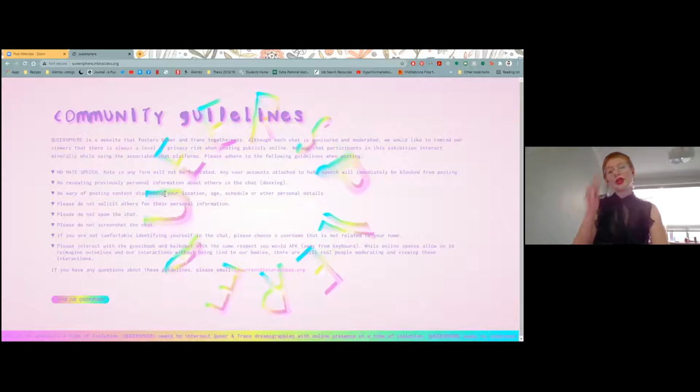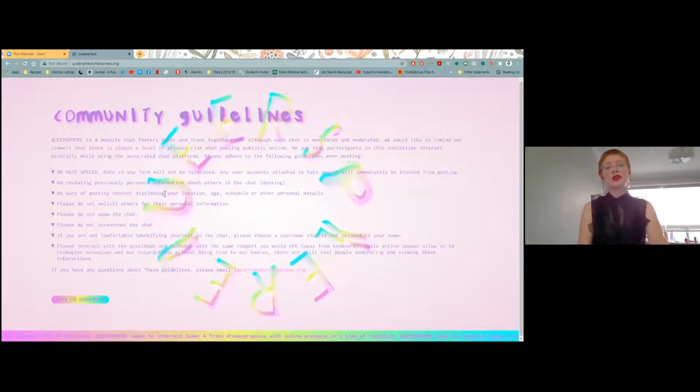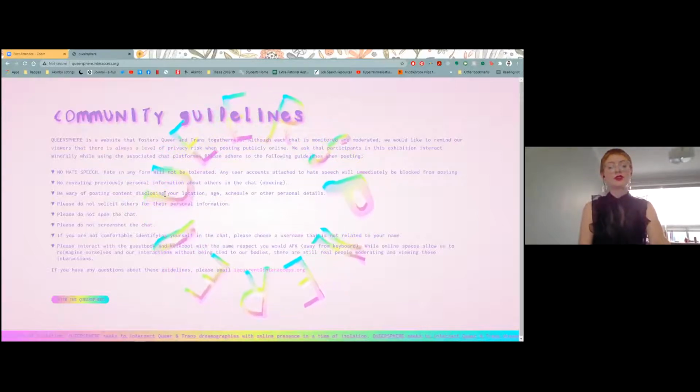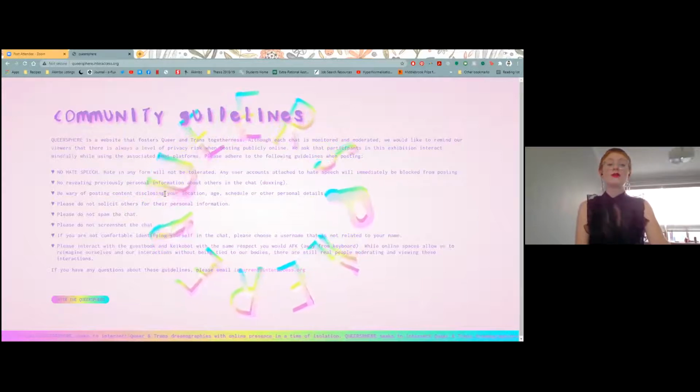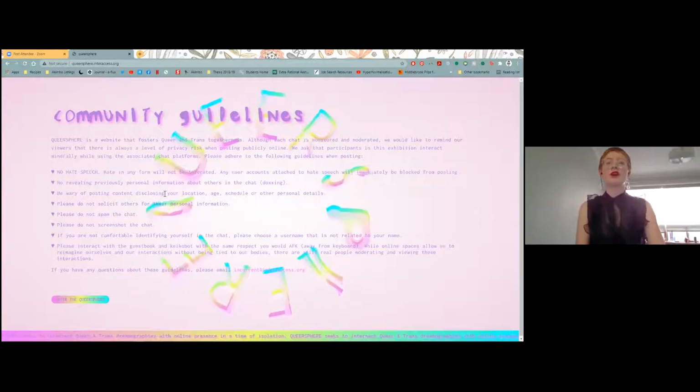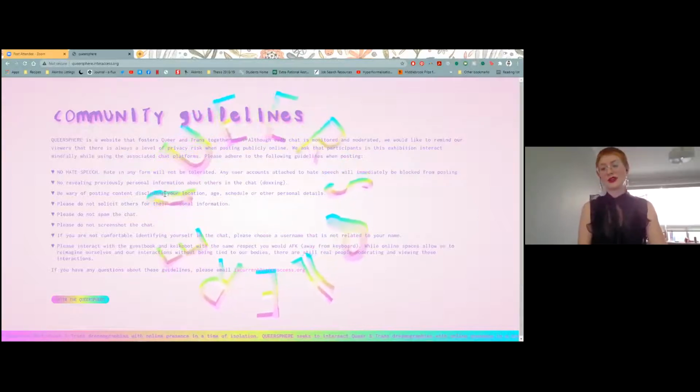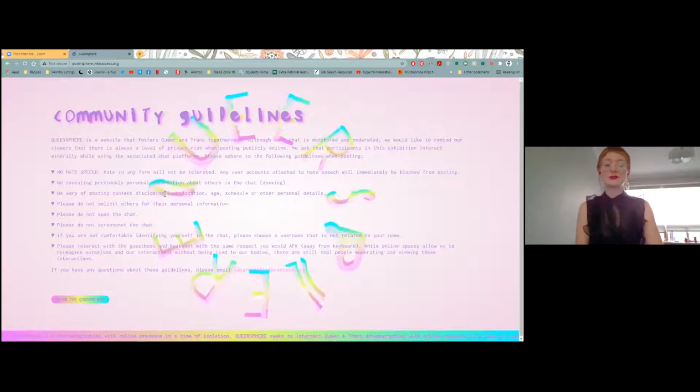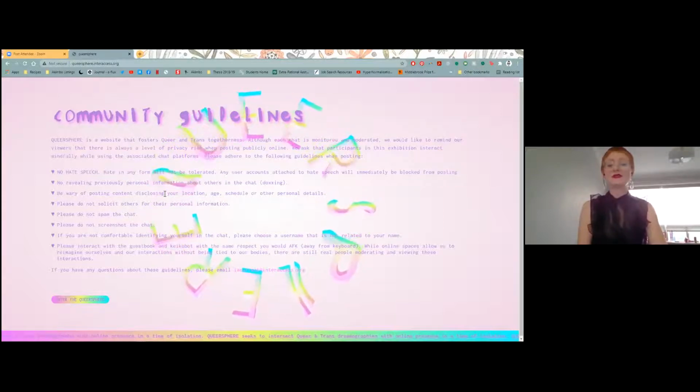And we brought these community guidelines into fruition because there is a certain amount of trust that's needed when you're using these spaces and activating these spaces.